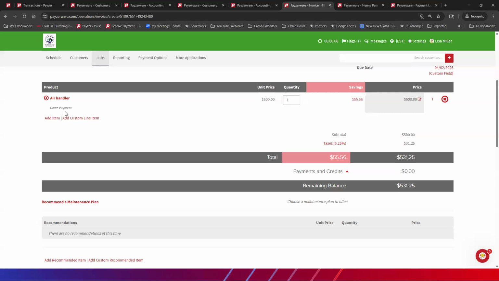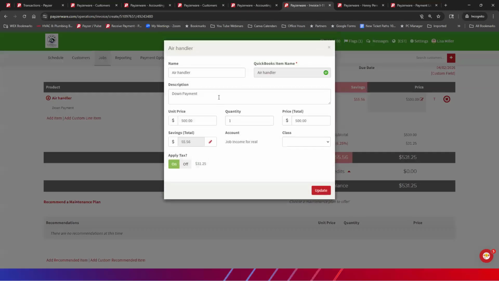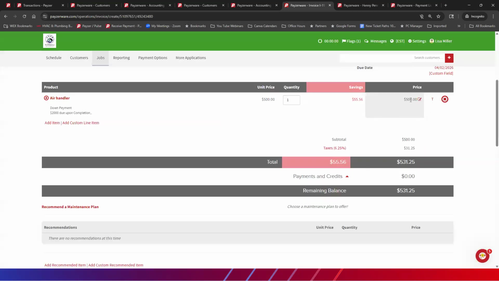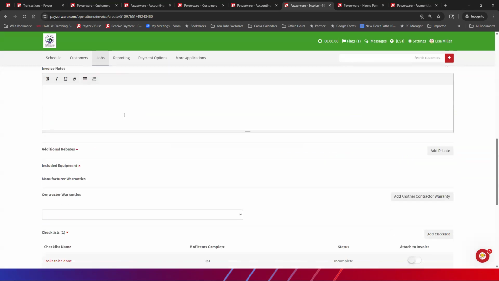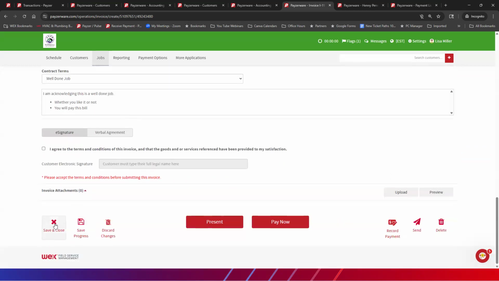And then maybe put something in here, 2000 due upon completion, something like that. You can do that. And so that would mean that if it was taxable or not taxable, you could take that off. And then you could send them this. They would know that the down payment is $500 and 2000 would be due upon completion. So that when you came back in here again,